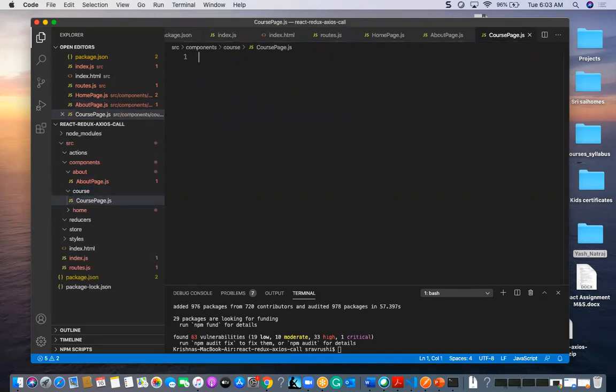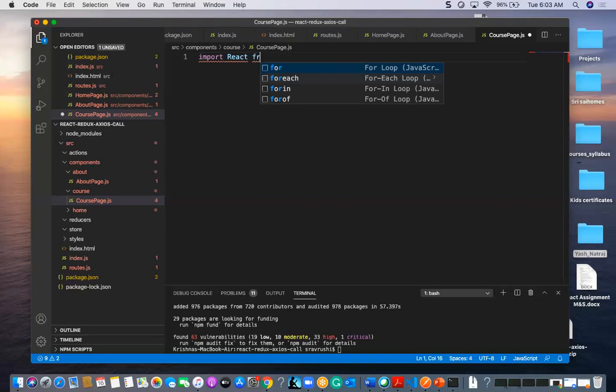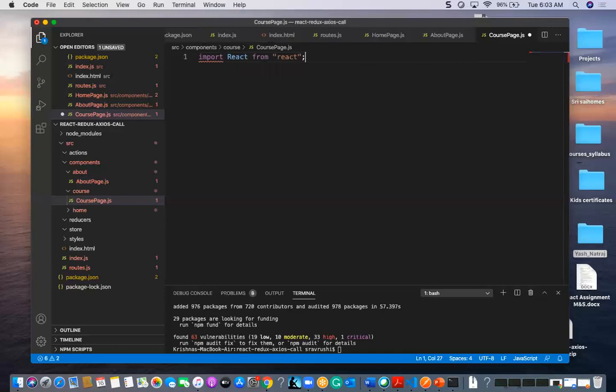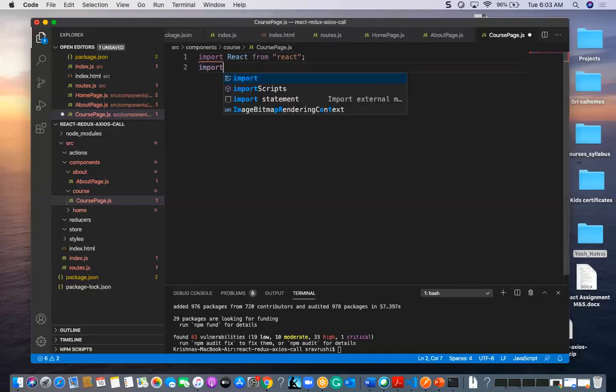So in this coursepage.js, okay, yeah, first we'll create a few things here, like import React, comma, PropTypes, okay. React, and here I am going to create a